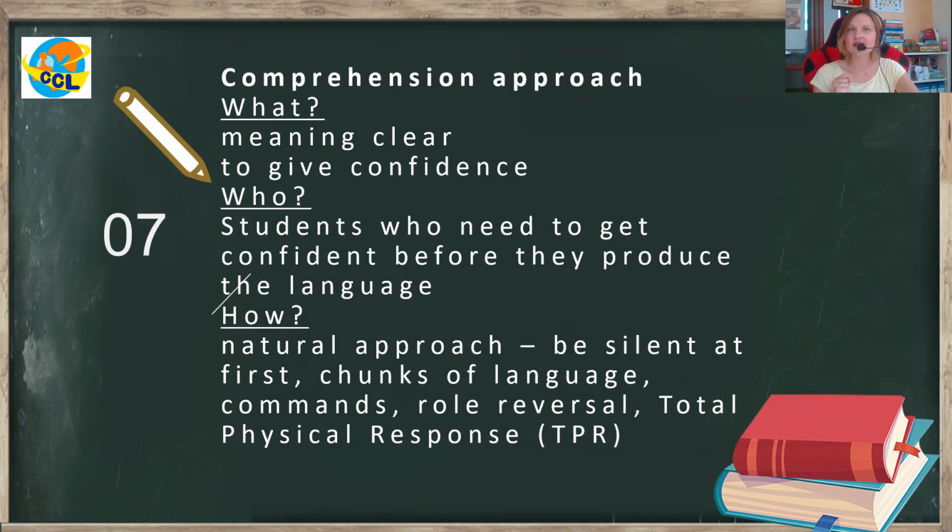It was about getting the meaning clear to give confidence, so using classroom objects like this is a door, this is a pen, a clock, a chair, observable actions, so jump, sit, walk, run, okay, chunks of language in novel